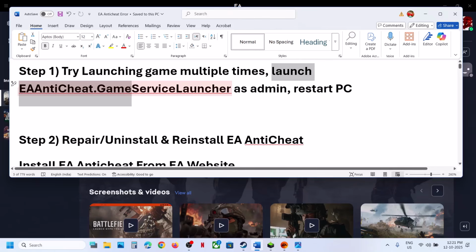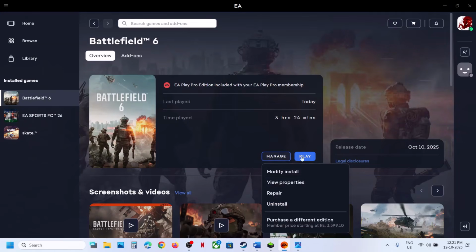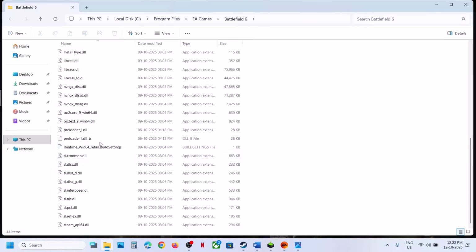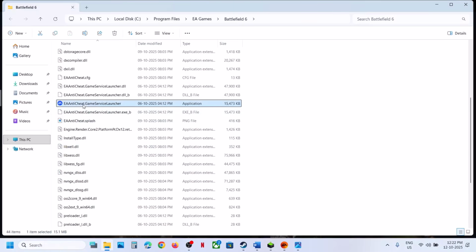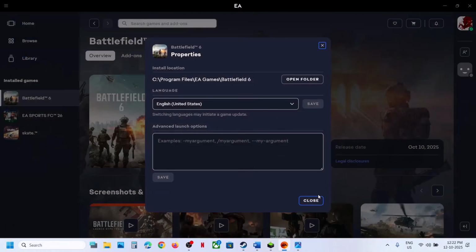Now the next step is to launch EA anti-cheat game service launcher as an administrator. Now for this you can go to the game installation folder. Wherever the game is installed, go to the game installation folder, and then here you can see EA Anticheat Game Service Launcher. Make a right click and then click on Run as Administrator and then check. Still not working. The next step is to